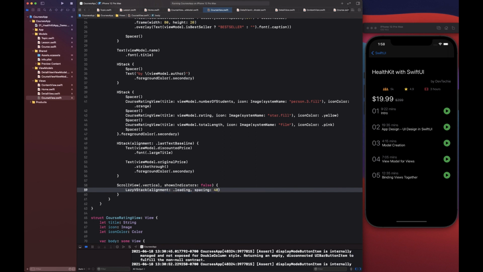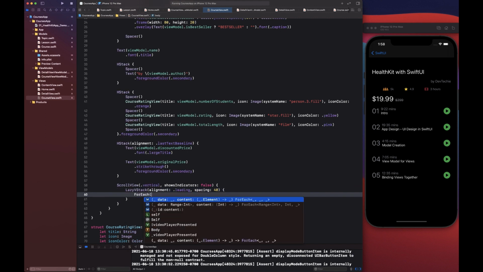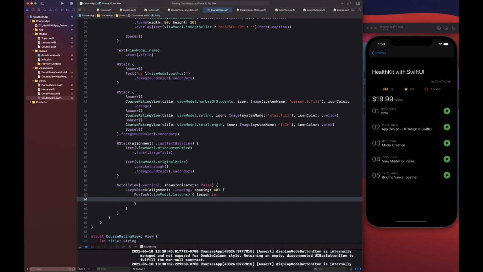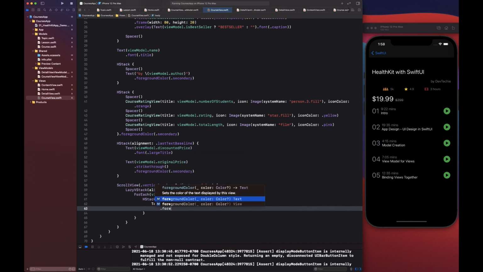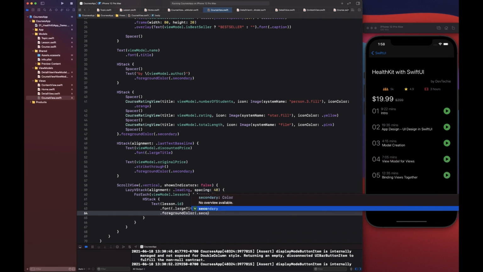Spacing is going to be 40 points, and then we're going to have a ForEach. Now ForEach is going to be on viewModel.lessons, and this is going to give us each lesson. So we're going to say lesson in, and then we're going to have an HStack. Now this HStack is going to have a text basically showing lesson.id. Okay, and we're going to give it a font of large title, foreground color of secondary,